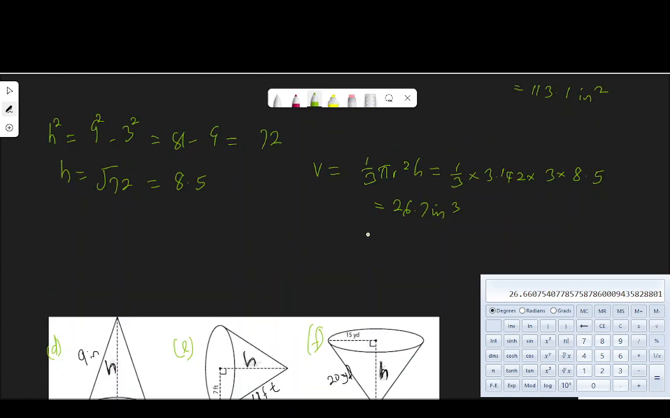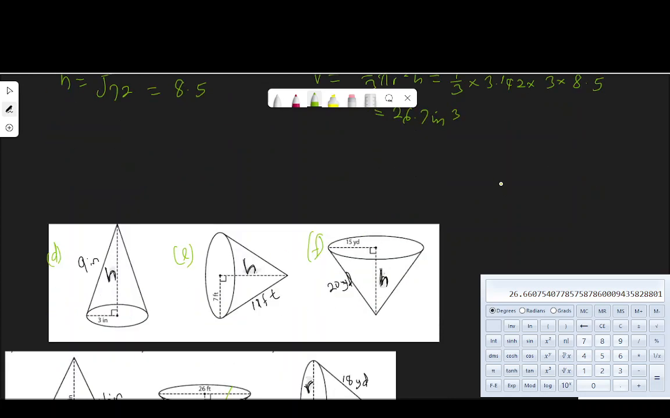Let's move on to the next one, which is E. For E, the surface area is pi r squared plus pi r l. That is 3.142 times, the radius is 7, so 7 squared, plus 3.142 times, again the radius is 7, times the slant height, which is 11 right there. And that will be